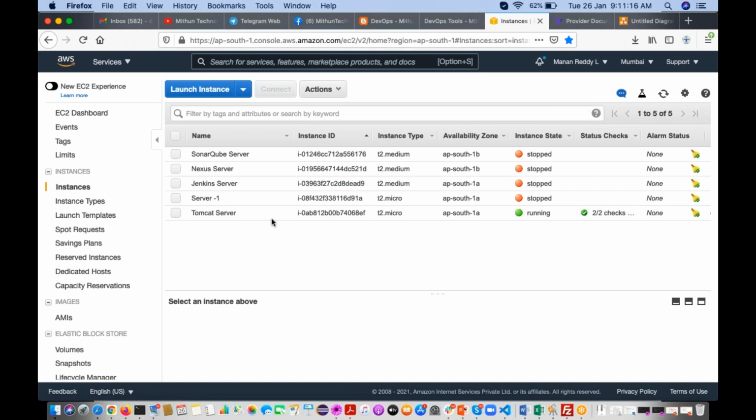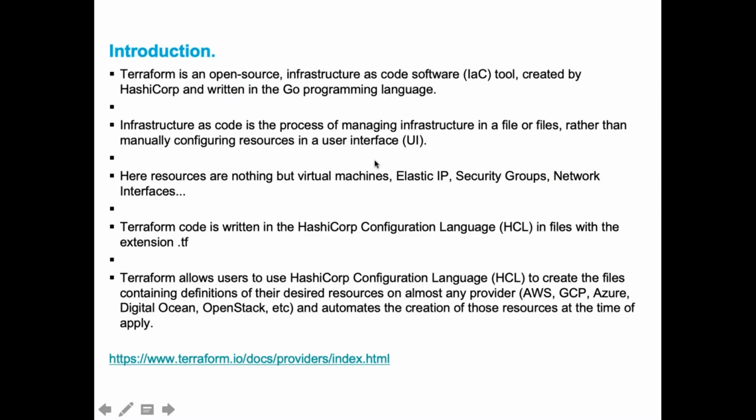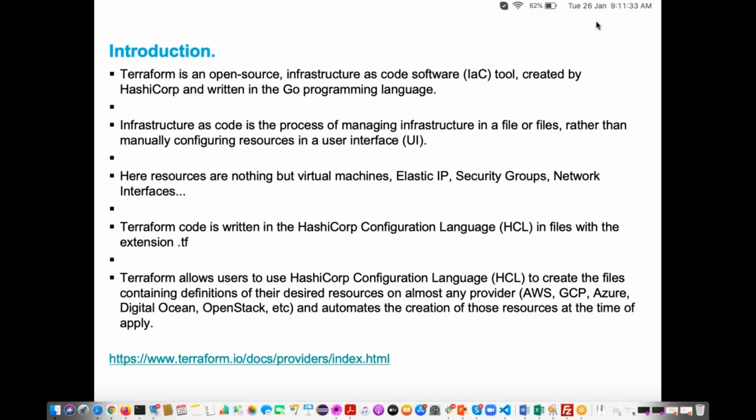Instead of creating this infrastructure through the GUI, you can write scripts and just execute those scripts. Automatically, whatever infrastructure you want, it is going to create for you. So to automate your infrastructure, we are going to use Terraform.